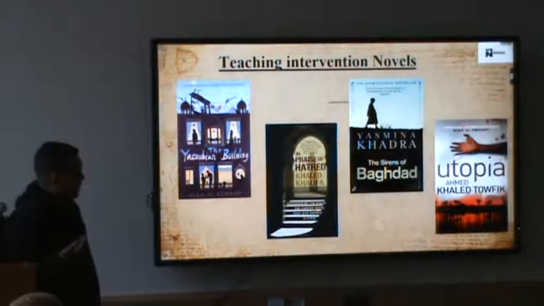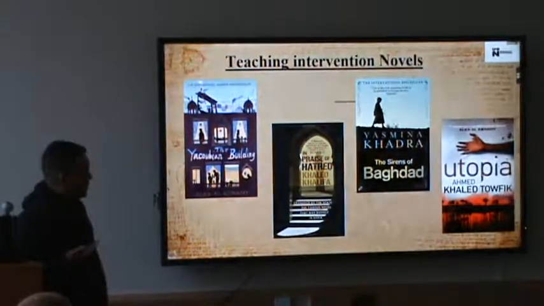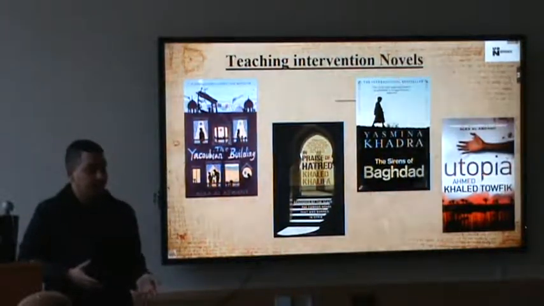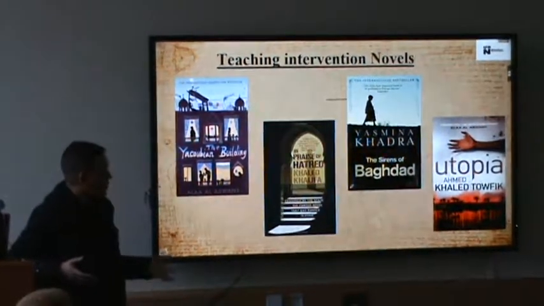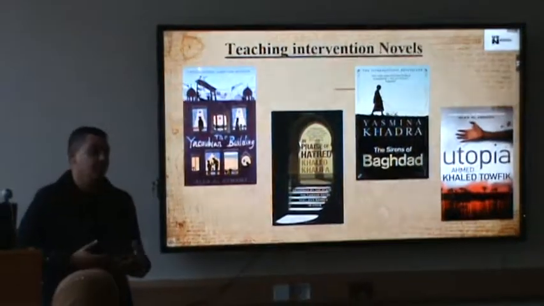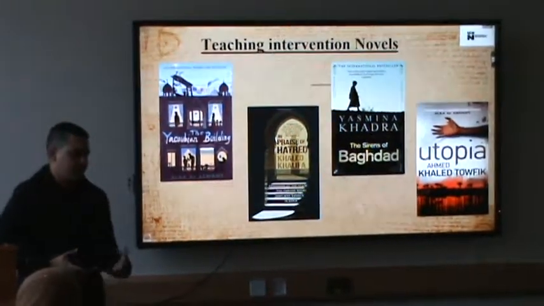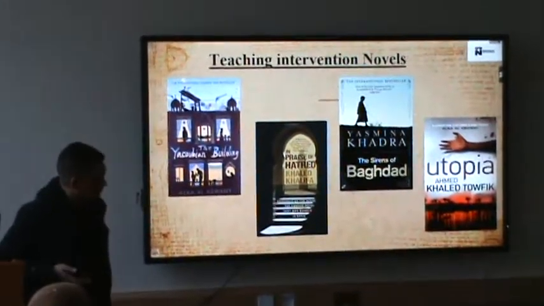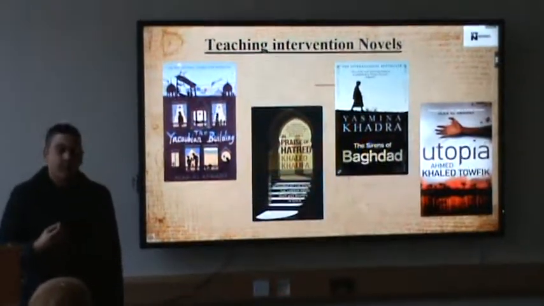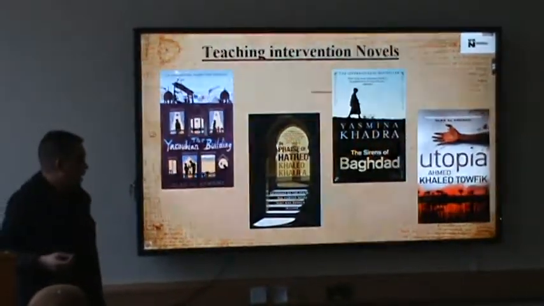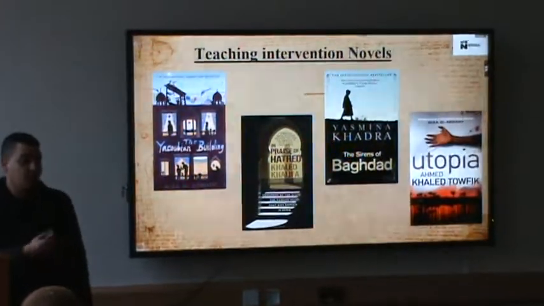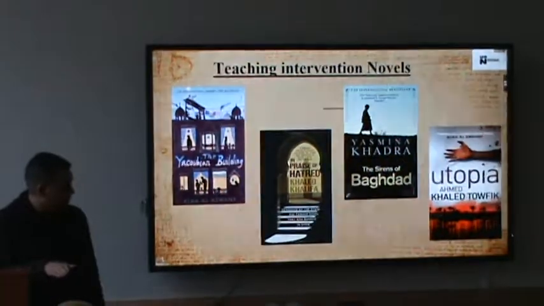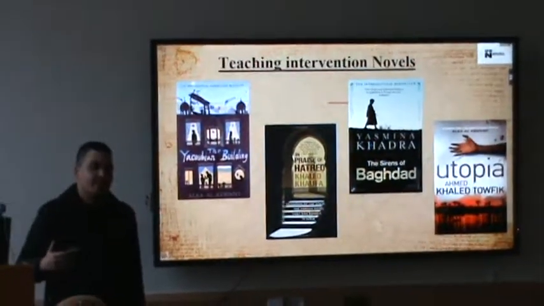So now moving to the third one, Yasmina Khadra, The Sirens of Baghdad. As we know in the Arab world, since Iraq was invaded by the American army and the British army, everything changed in the Arab world and brought many things to the surface, like the conflict between Sunni and Shia, and also the conflict between Arabs themselves. So this novel talks about a guy who was living in peace in his village, where American troops came to his village and humiliated everyone, including his mother and his sister, and raped all the girls there. So he started thinking, okay, how can I take my revenge?